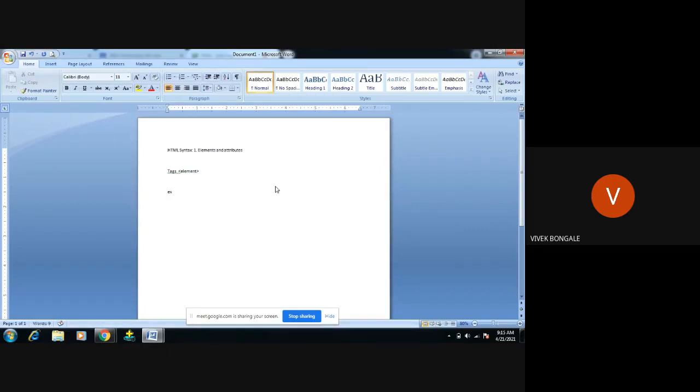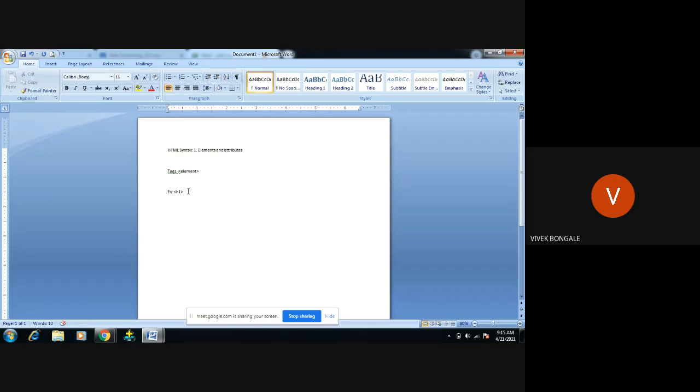We have so many tags. For example, I open the angular bracket, write h1, and close the angular bracket. Here we consider h1 an element. The h1 is used for a heading. If you want to display any heading part in our document, it is displayed with the help of the h1 tag.